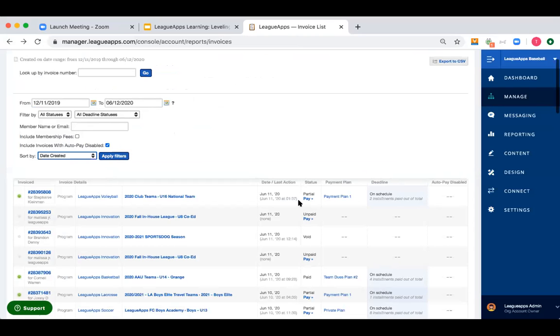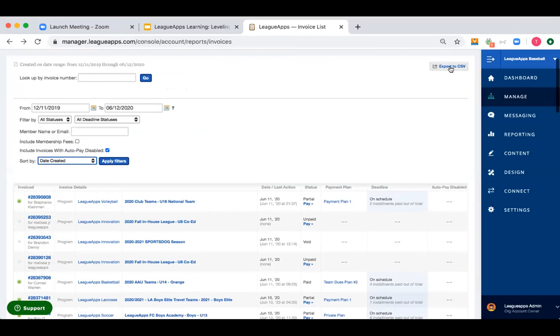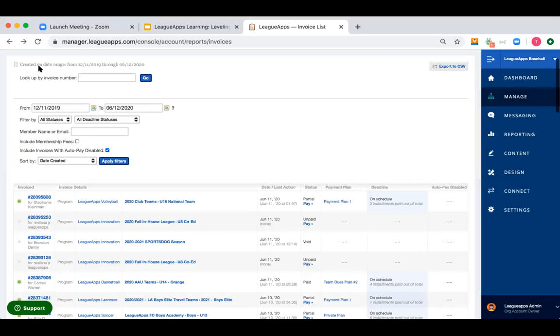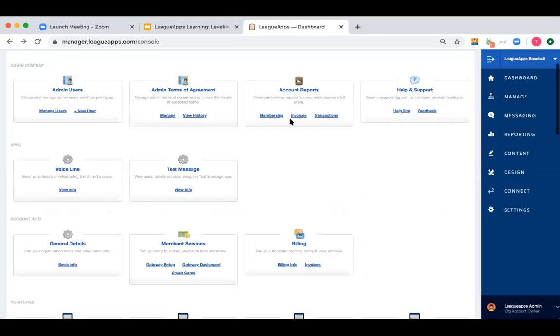All of our reporting pages in the top right will have this export to CSV option. So you could export a report, pick and choose what different filters you want on that report, and then have a really nice report in Excel of all that information to keep on your computer or whatever you want to do with it. You'll have all that information on hand. Let's go back one more time for the last cross-site report, which is the transactions.